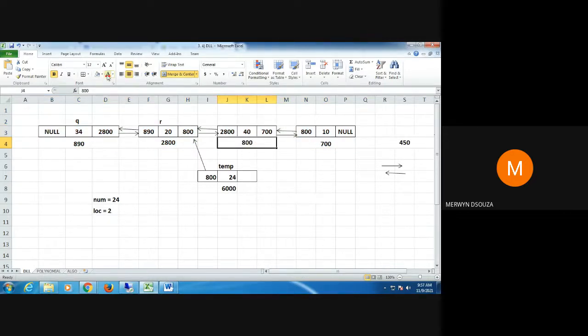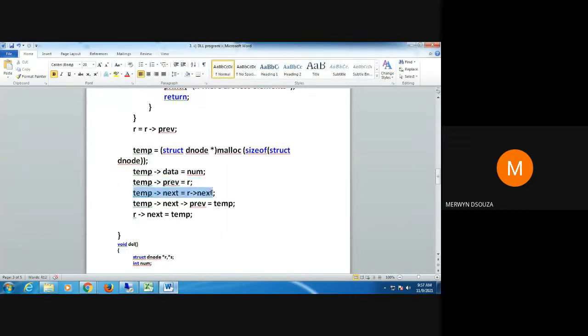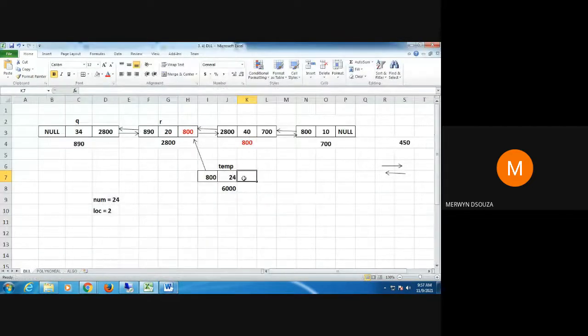This is the first place, this is the second place. I cannot access this 800 because there is no pointer at this node. Can I access this other 800? Yes, because there is a pointer here. How do I access this 800? By saying R arrow next. So to get 800 here, I will write temp arrow next equal to R arrow next. So this is how I get 800 here.